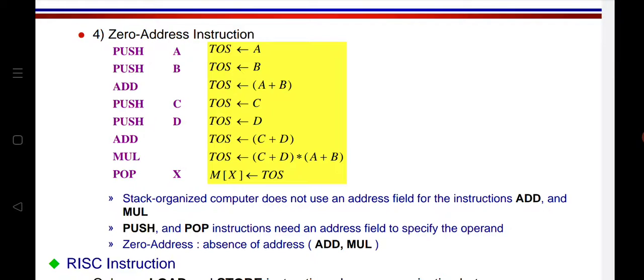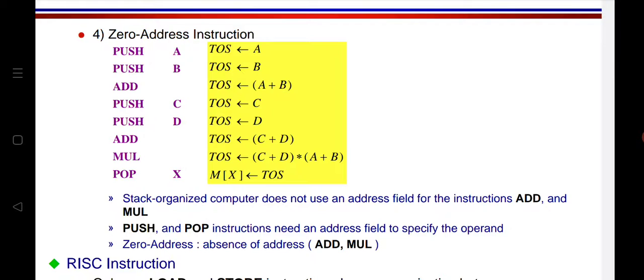For the stack organization, we will not be using any address field. I am not going to specify any address field for the add and multiplication instruction, whereas push and pop instructions need an address field to specify the operand. So for push and pop, we are going to specify the operand address field.